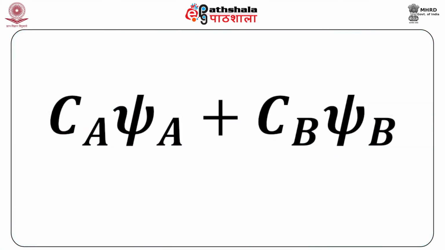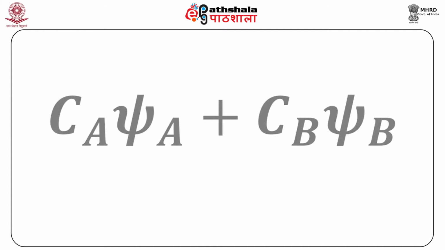In the MO treatment, we construct linear combinations of atomic orbitals involved in bond formation. In this case, you have the 1s orbital of each hydrogen atom that participates, and these are the only two orbitals involved in forming the linear combination. Let us label the two hydrogens as A and B. The linear combination can be Ca psi A plus Cb psi B. Here Ca and Cb are the coefficients, and psi A and psi B are the wave functions for the 1s orbitals on hydrogen atoms A and B respectively.